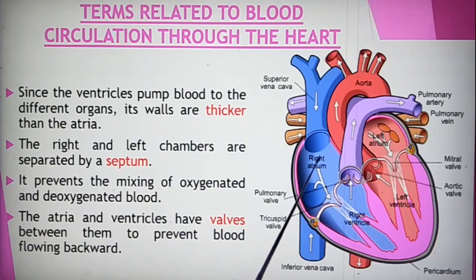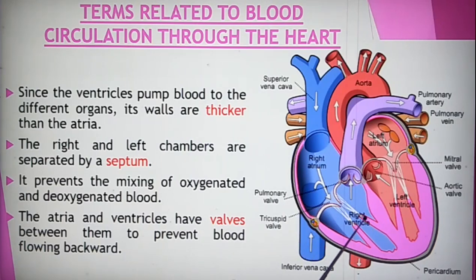The right and the left chambers, as I already told, are separated by the septum. And now we can discuss the function of the septum. See this diagram, the right side is denoted with a blue color, and here it is slightly red in color. From this you can guess which side is having the pure blood. Yes. The left side of the heart is having pure blood and the right side of the heart is having impure blood. Usually we say that the right side is always good, but in the case of the heart, it is not like that.